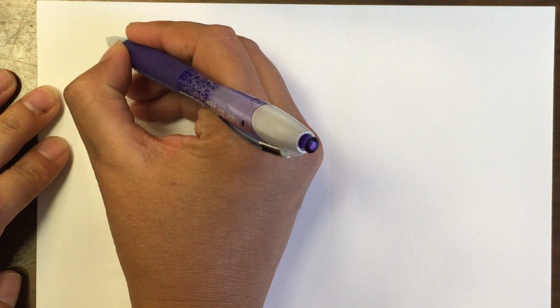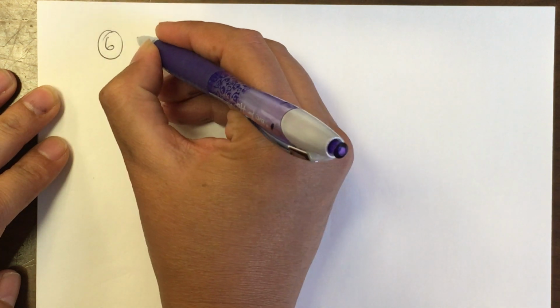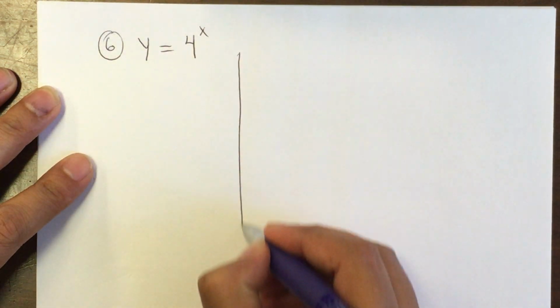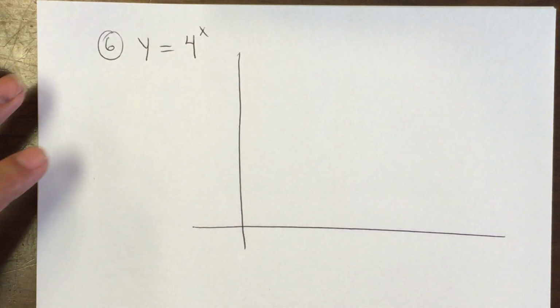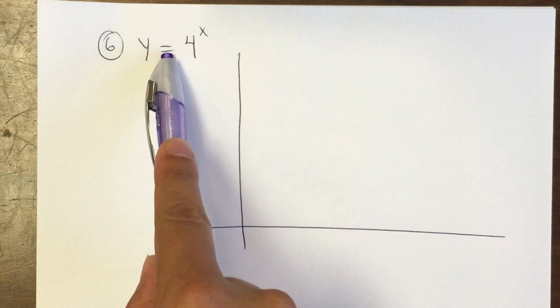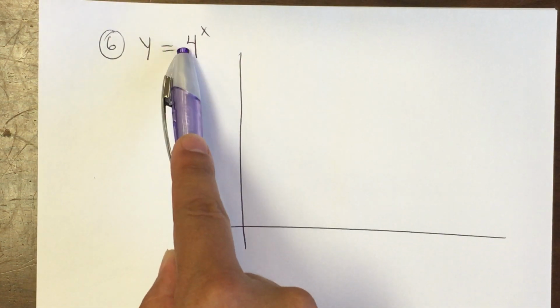Now I want you to sketch y equals 4 to the x. And this is a little bit different because you don't have the initial point. You just have